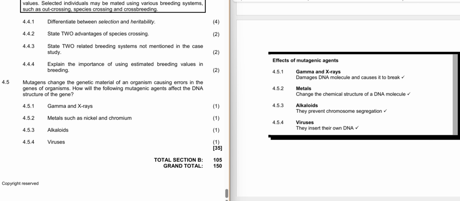4.5.1. Gamma and X-rays. Gamma and X-rays damage DNA, causing it to break. 4.5.2. Metals such as nickel and chromium. Metals change the chemical structure of a DNA molecule. 4.5.3. Alkaloids. Alkaloids prevent chromosome segregation. 4.5.4. Viruses. Viruses insert their own DNA,